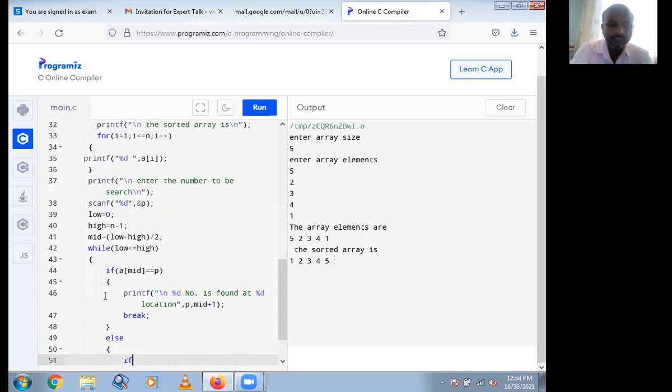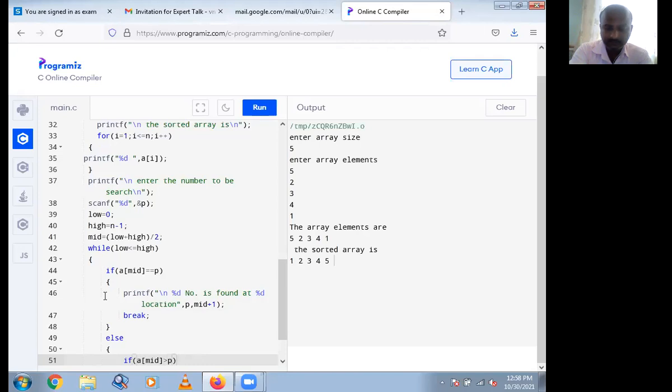Here in else, again you have to check if a of mid is greater than p.